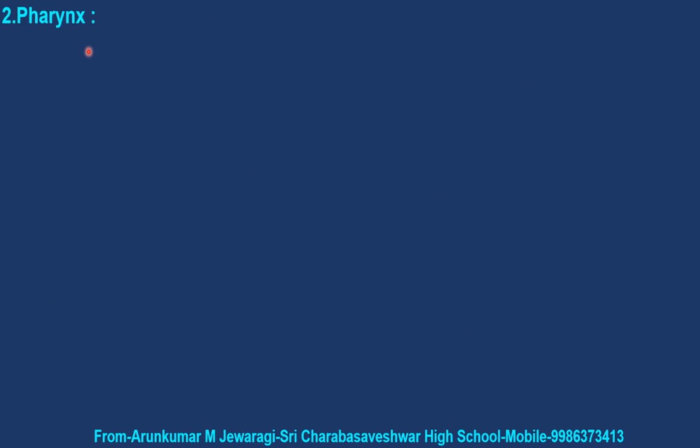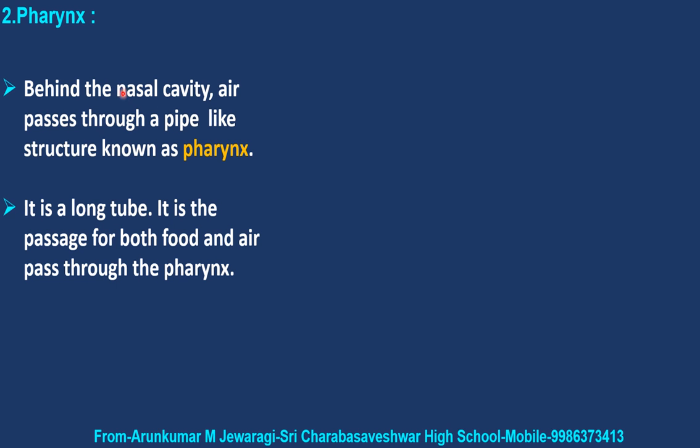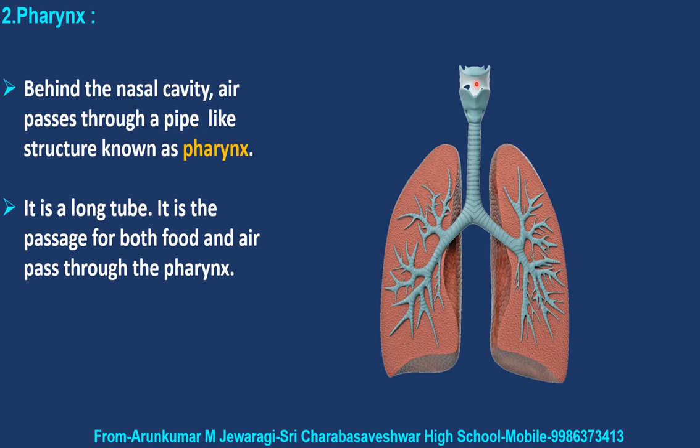So the second part of our respiratory system is going to be the pharynx. Behind the nasal cavity, air passes through a pipe-like structure known as the pharynx. So this is the structure. It is going to be known as what? Pharynx. It is present behind the nasal cavity, and it is a passage through